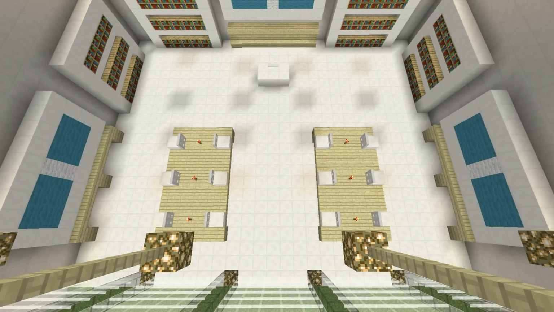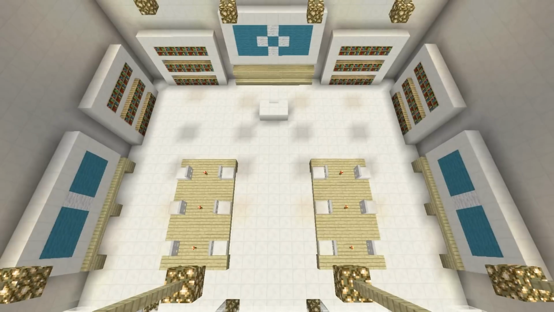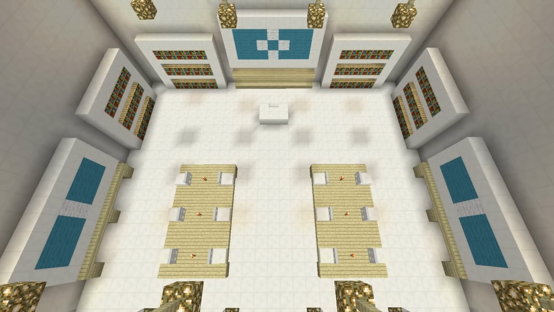I've had a look at a few interiors on Google Images, and honestly, the Apple stores are quite nice and open. They're not completely cramped. They're not crammed with stuff, and that's what I like about them. That's what I like about these clean insides of the store. So that's the interior for your Apple store.